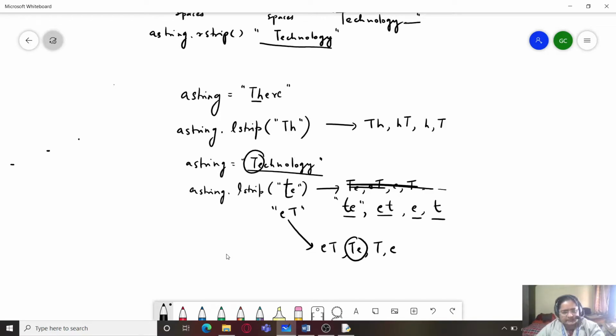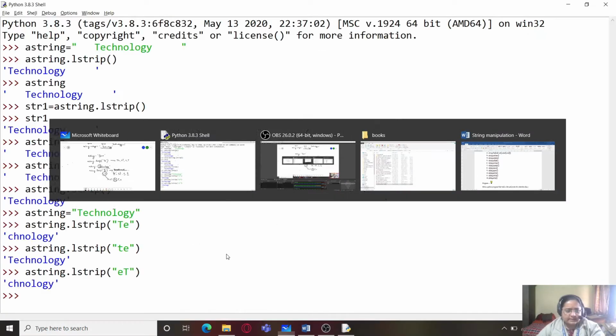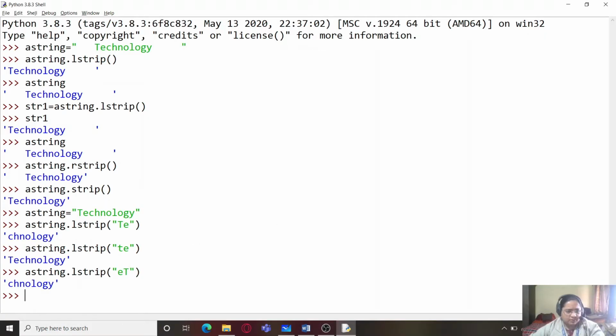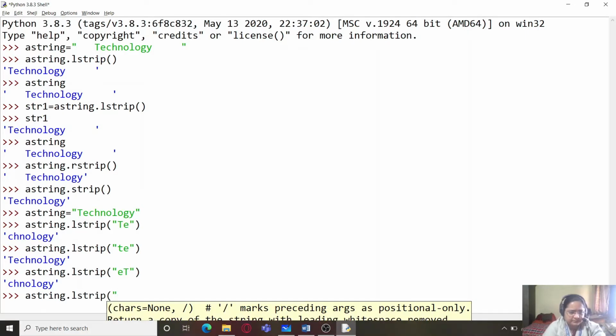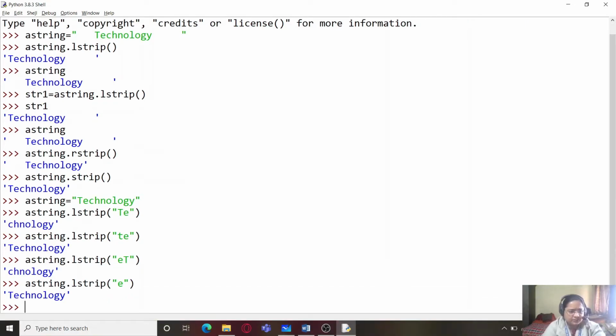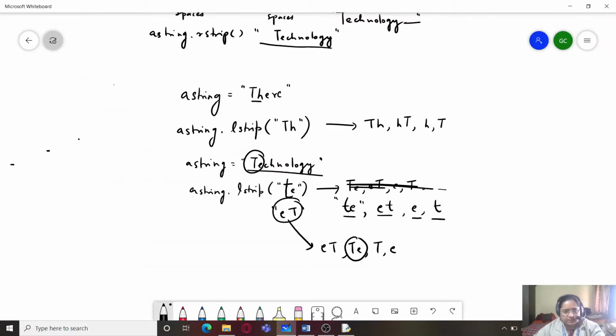So TE is found, a match is found from here, hence it is removed. Next, let us try lstrip E. If I just write lstrip E, nothing will be removed because E is not there towards the left side of the string.